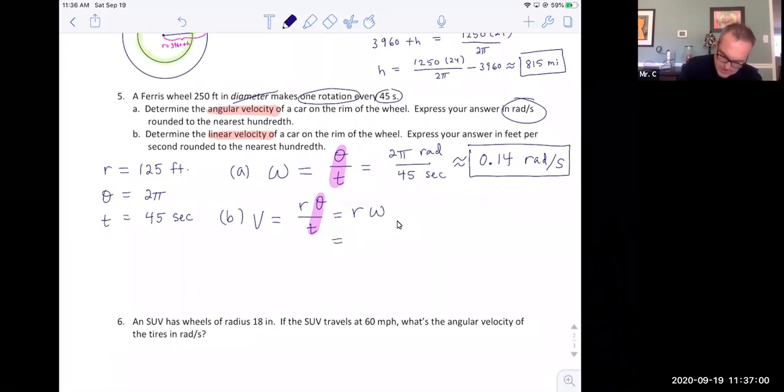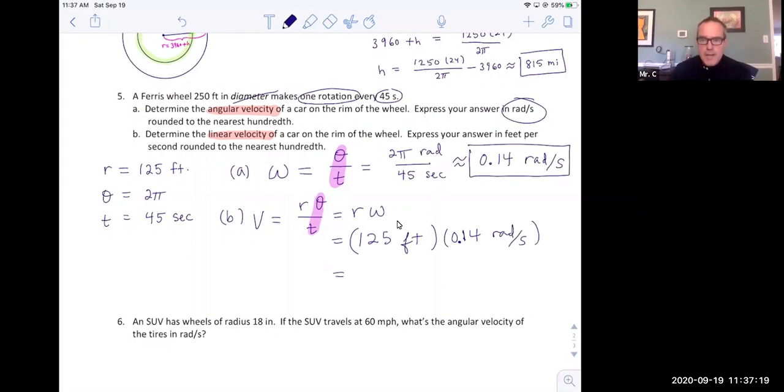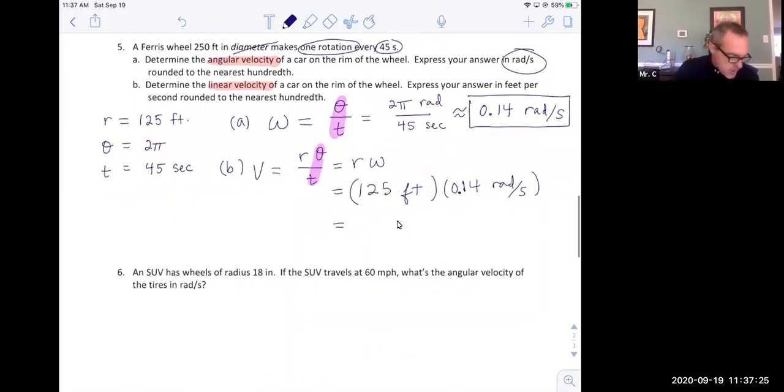So of course the radius we have is 125 feet, and omega was 0.14 radians per second. Incidentally, hopefully you kept that on your calculator, because it was more than just 0.14. That was just rounded off. And if I multiply this out, I get approximately